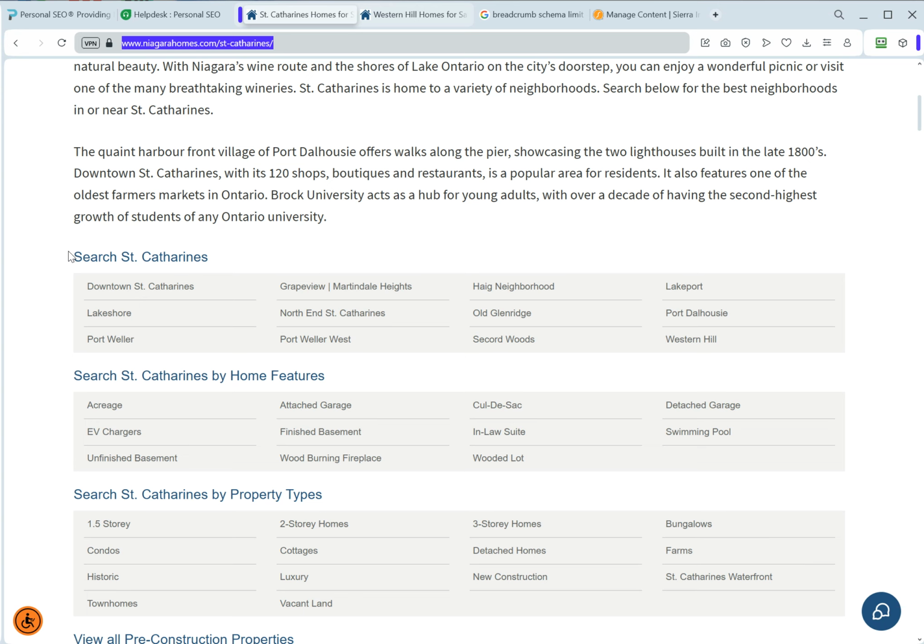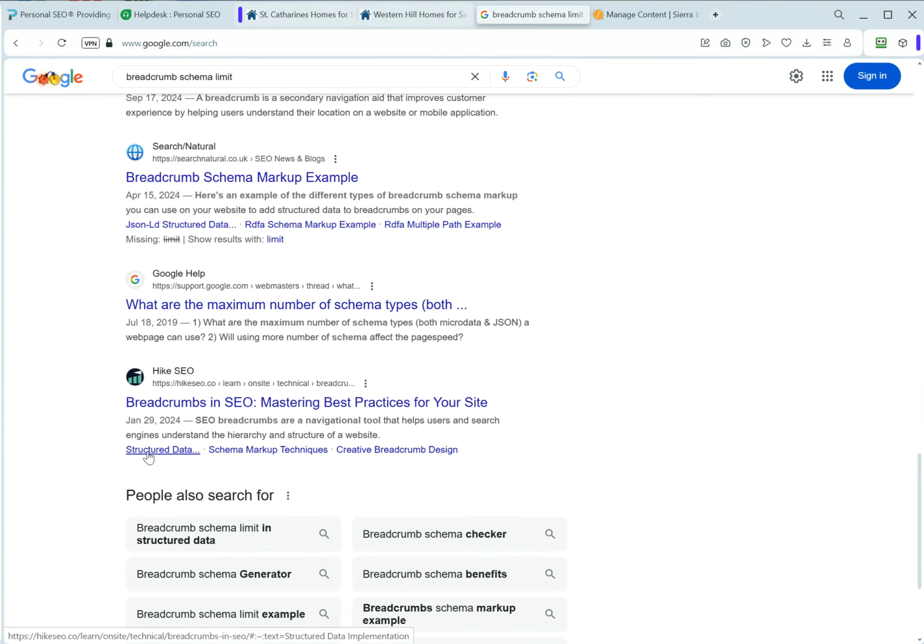Catherine's, and then here, after we created all the content, we created all of these other labels, and then we created all of the neighborhoods as well. So we're just going to focus on adding the breadcrumbs to these specific neighborhoods instead of adding it to everything. There is a limit to how many breadcrumbs actually show. For example, here are the breadcrumbs right here, right? So this is just 3,